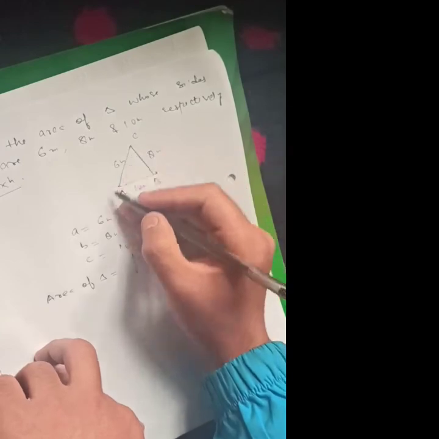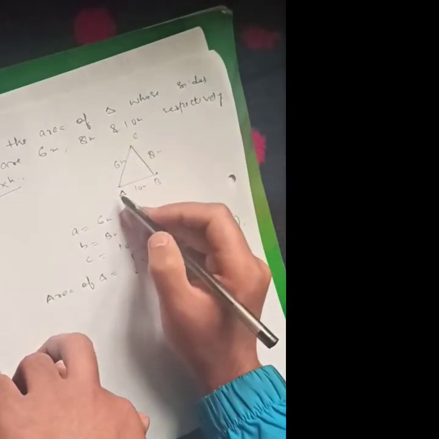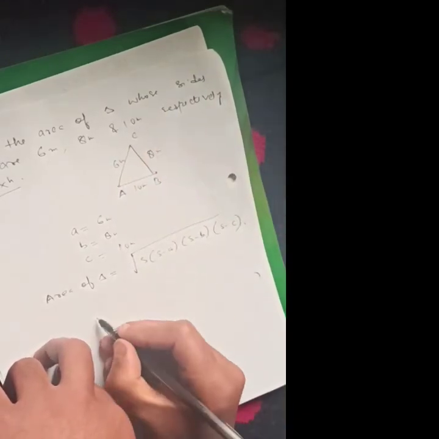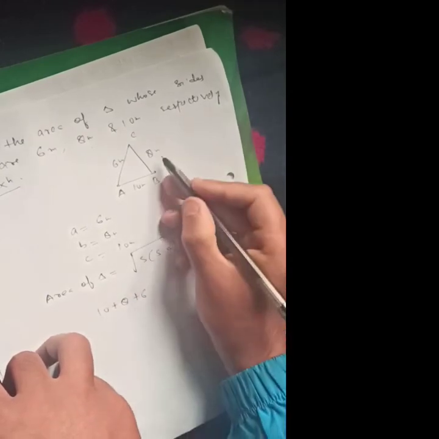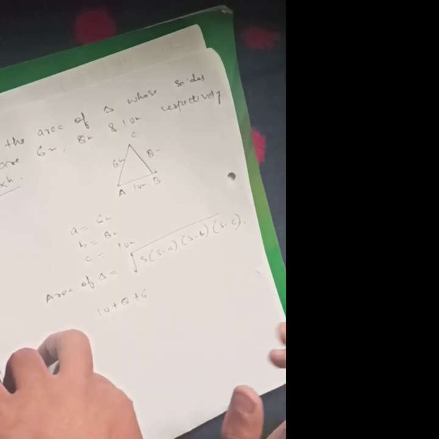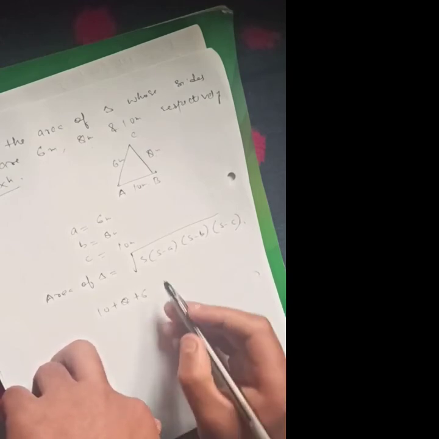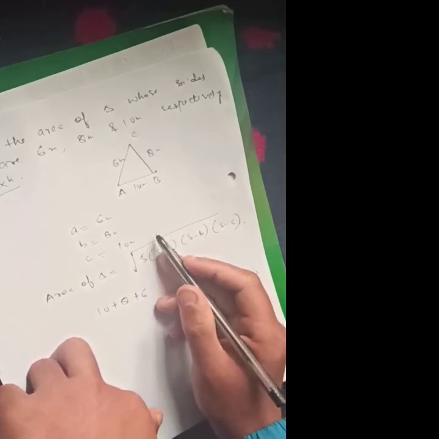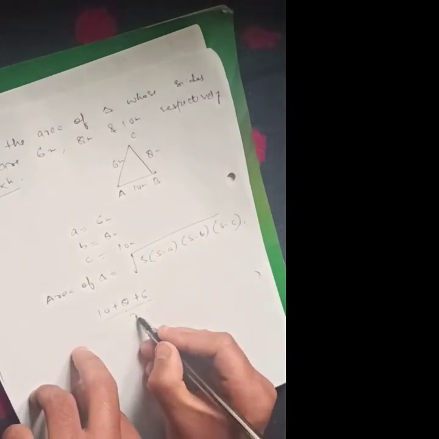You know that the perimeter of this triangle is equal to sum of sides of the triangle. That is sum of side AB plus BC plus AC. Here AB is known, BC is known, AC is known. So perimeter will become 10 plus 8 plus 6. That means sum of sides A plus B plus C. हमें सेमी पेरीमीटर चाहिए, न कि पेरीमीटर, बिकॉज वी नो हियर मीनिंग ऑफ एस इज सेमी पेरीमीटर, पेरीमीटर ऑफ ए गिवन ट्रायंगल. सो सेमी पेरीमीटर हम कैसे निकालते हैं? सिंपली बाय डिवाइडिंग टू, हाफ ऑफ पेरीमीटर.